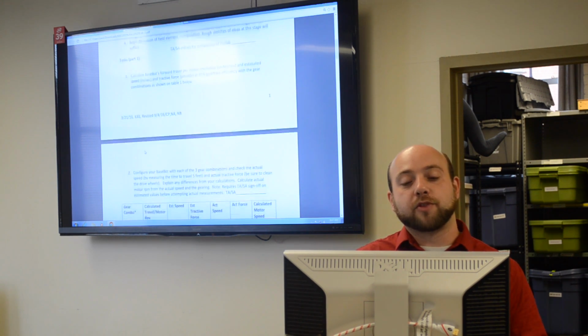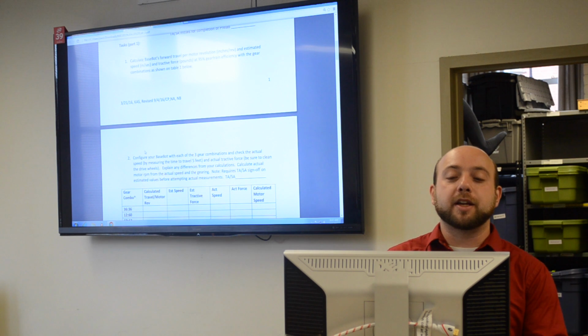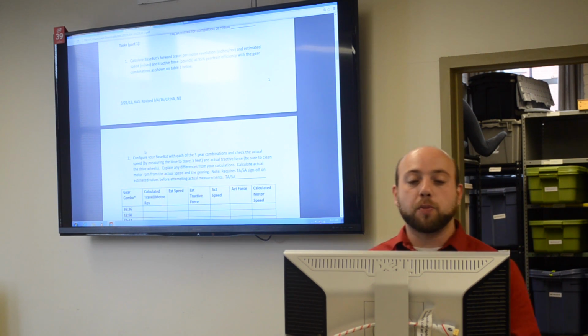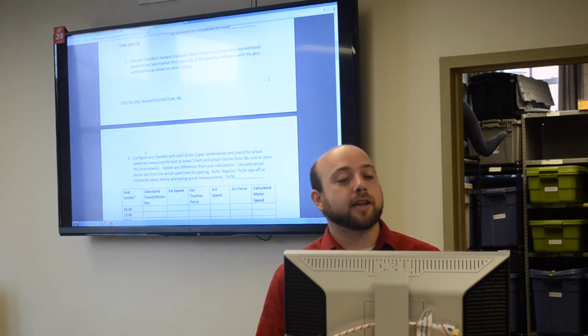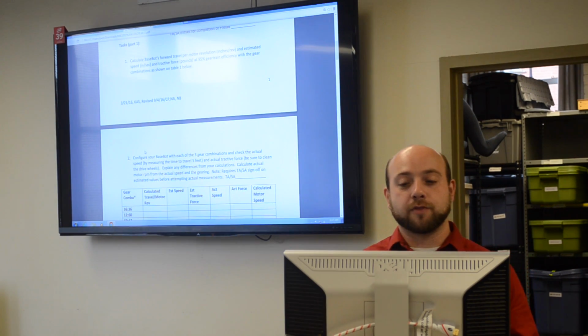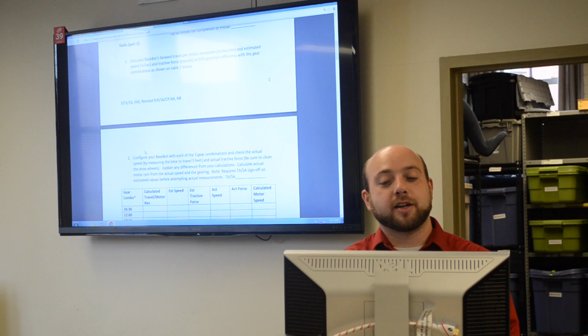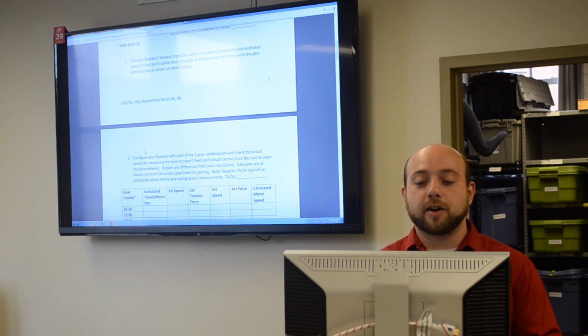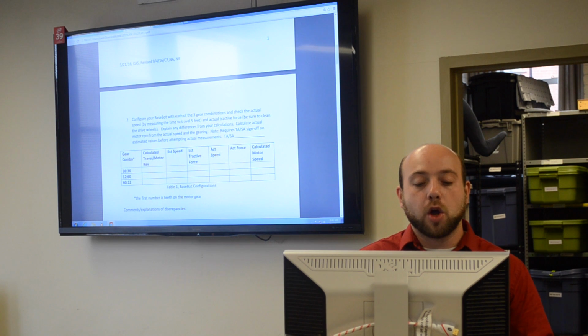As we start the lab, the first step will be to calculate the forward travel per motor revolution for the robot. We also want you to calculate the speed and tractive force of the robot using a 95% efficiency on the gear train. Once you've finished calculating all of those and filling in the chart below, we would like you